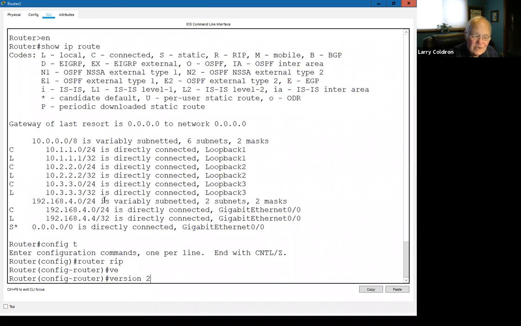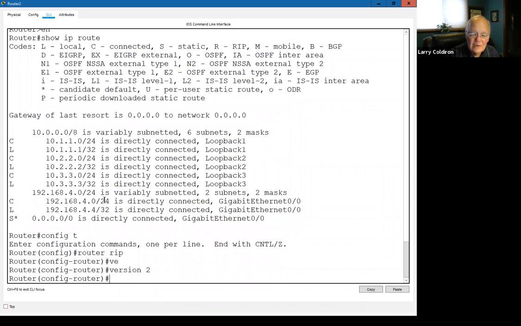Version 1 and version 2 are different. Version 2 will accept version 1 updates, but version 1 won't accept version 2 updates. So in this network, we're version 2. After that, we just tell it which networks we want it to tell everybody about. And the reason I did the show ip route, we can see these networks right here. And this one, since it's kind of classful,